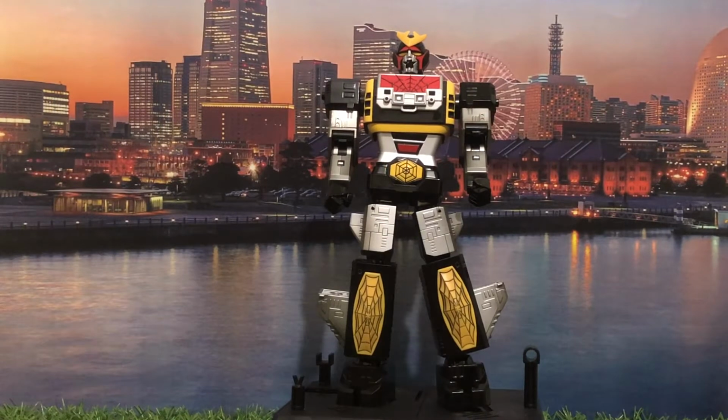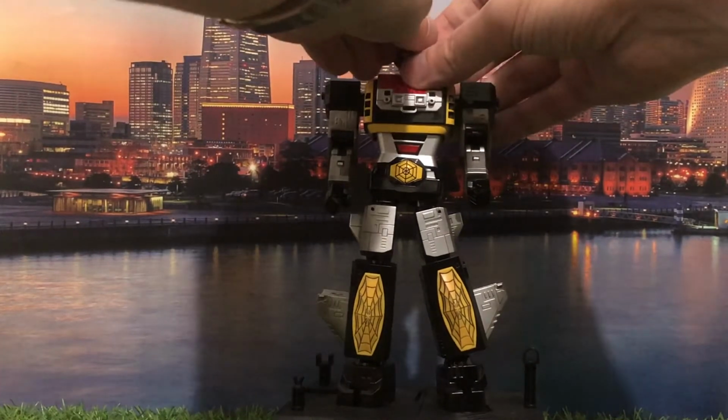Alright, so here's the base form of Leopaldon, and this is meant to invoke the feeling of the original 1978-1979 Chogokin figure. To that end, it is made up of a lot of die-cast metal parts, along with some really nice quality plastic parts, and it has gimmicks that replicate the original toy that many people had when they were kids. So these are gimmicks like, for example, the